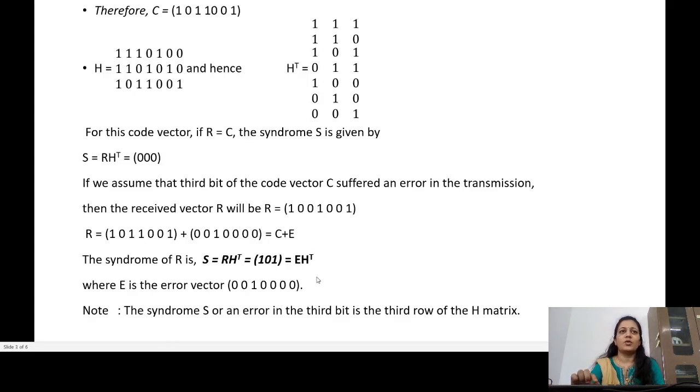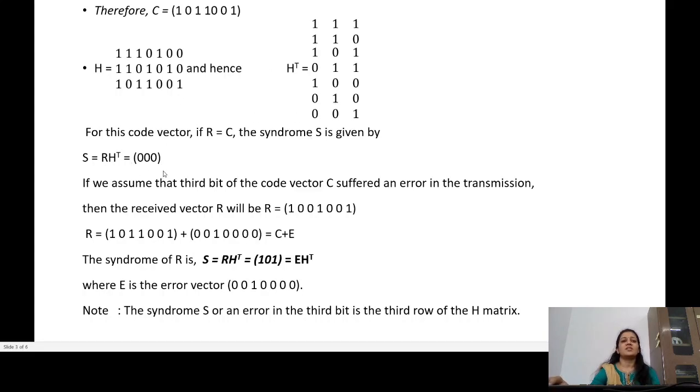Now let us go to the decoder part. For the decoder part, what we have to do is calculate the syndrome as R into H transpose. So we will consider two cases here. In the first, my R value is the same as my C value, assuming that no error has occurred during the transmission. In the second case, R is not the same as C, but there is an error in the received code vector. However, for both cases we will require H transpose. So let us generate H transpose first. We know what our H value is. From that, write rows as columns, and you will get H transpose.